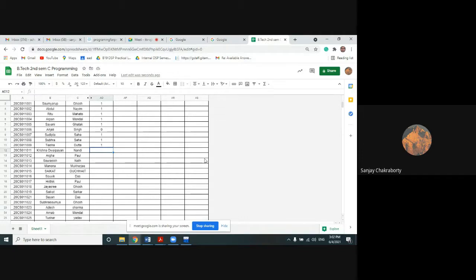Semester exam you will pass anyway, because 50 marks internal is there. I am giving maximum marks to the internal. If your exam test was on 100 marks, then it would be a problem. But you are very lucky that you are learning in a GIS university, which will give you 50% marks as internal, and only 50% for the theory exam. I did my Masters at NIT, they gave 120 marks. We had to give exam of 120 marks, 100 marks for written test and 20 marks for only viva. That means your internal. So out of 120 they will judge. So you are very lucky, so don't misuse it.